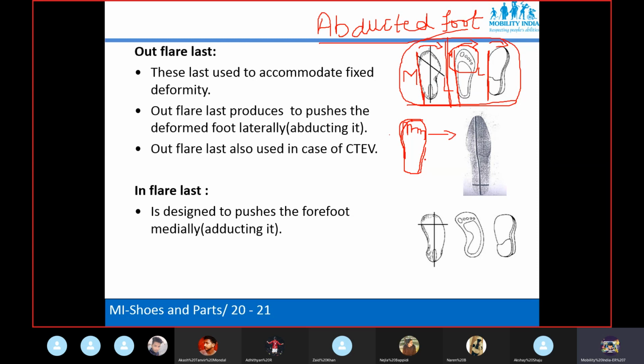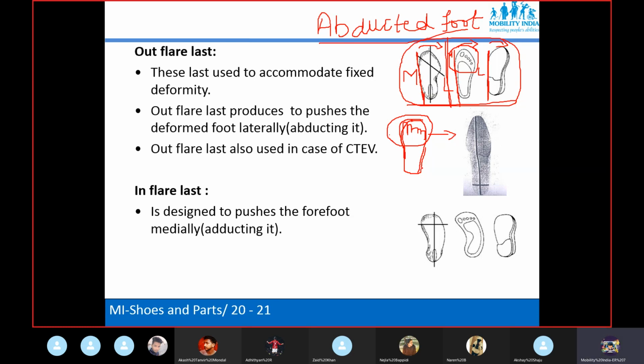Abducted means going laterally. This forefoot is going laterally, and this deformity is fixed. Then what to do? Can a normal shoe be used here? If the foot is abducted, going laterally, and the deformity is fixed, can we use a normal shoe?